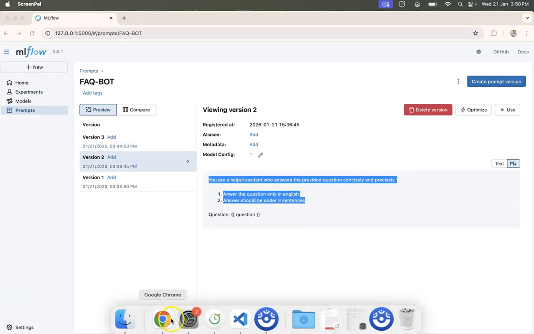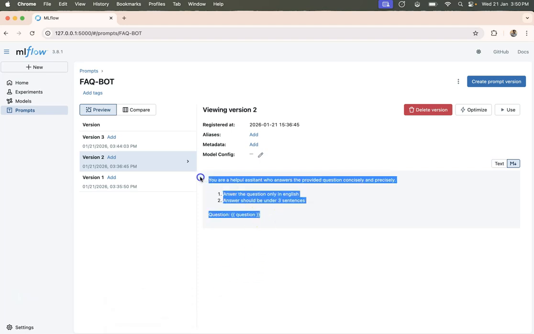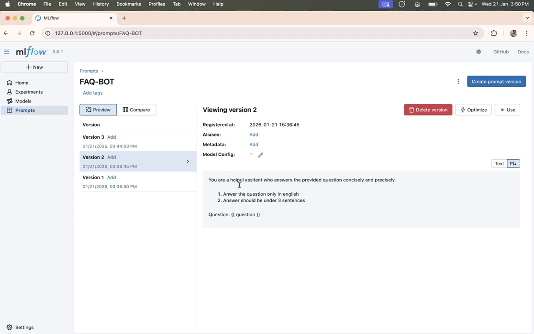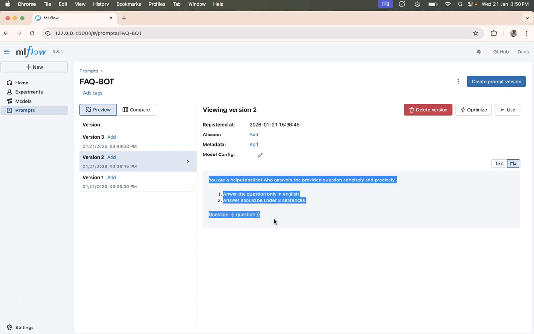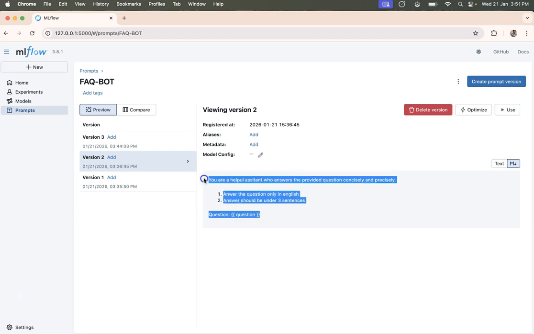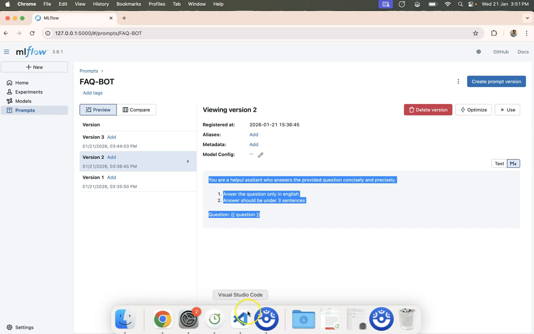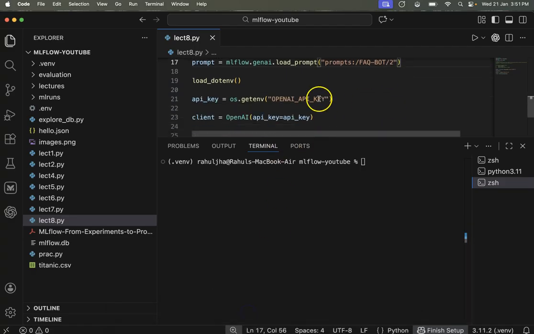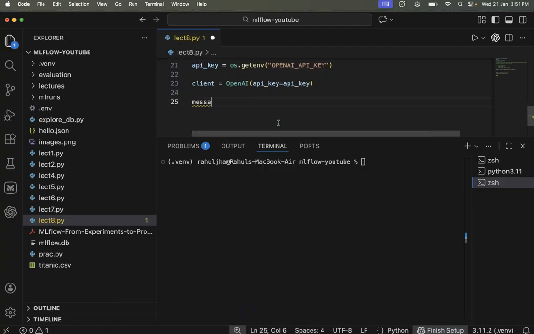Although I cannot objectively say that this prompt is better, because I'm only subjectively saying. How can I objectively say that a prompt is a better prompt? Is by prompt evaluation. That is a separate topic which we can take care of in some other discussions. But here, from visual look, the way humans interpret it, it's a more detailed prompt, so it should give us the right answers. So let's go here and let's load the second version of the prompt, and I will now load the message.